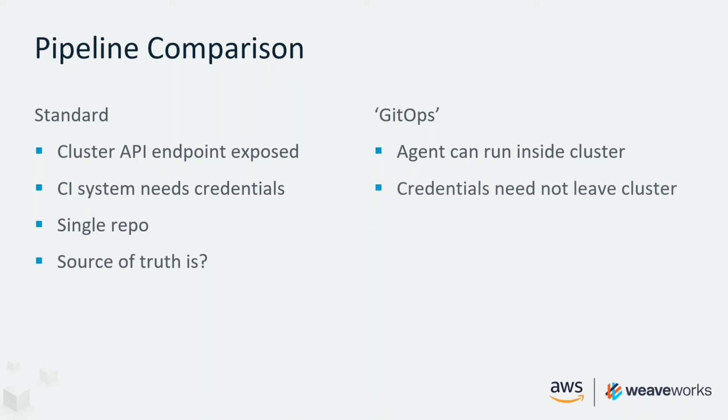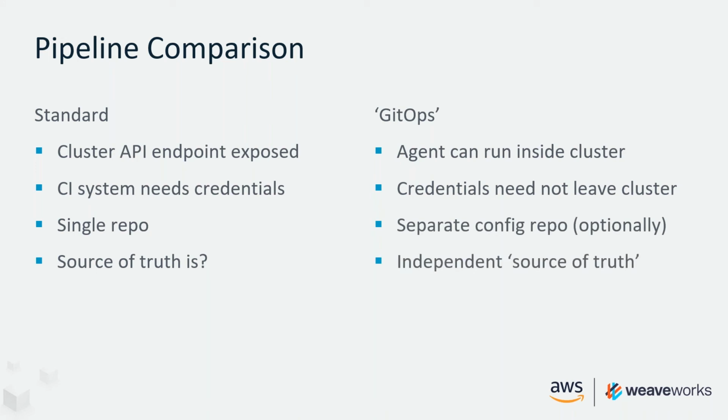We have a separate configuration repo, and this means that our source of truth is entirely independent. So let me say that again. Because we're declaring our desired state in an external location, we've got options on where to run the agent that automates it. We don't need to expose an API endpoint to a CI system or expose the cluster credentials. And when we separate the application and the infrastructure configuration, the declared state is independent of the cluster. So if you accidentally delete your cluster, you can recover from this without needing to re-establish some state from a location that's no longer existent.